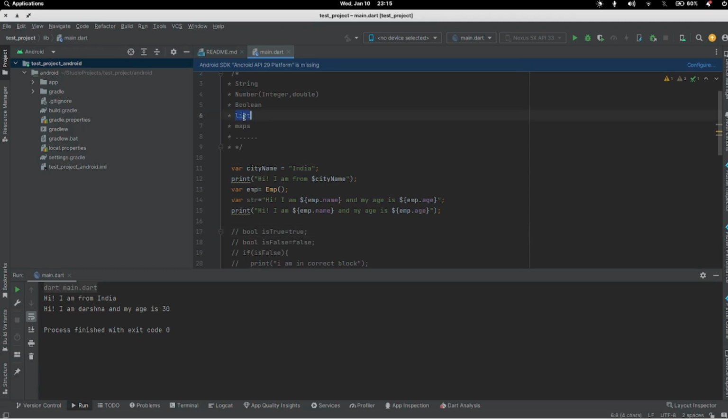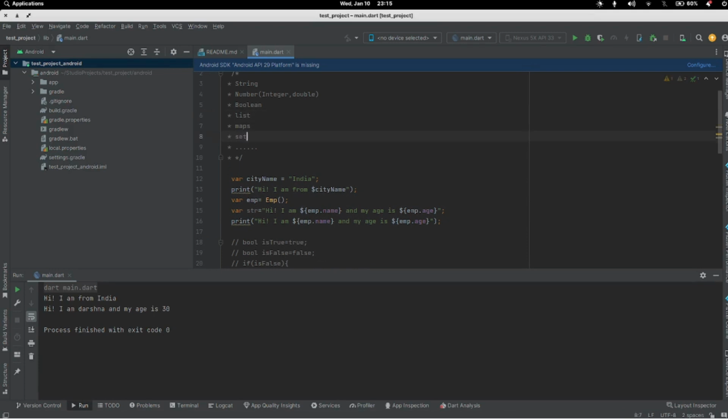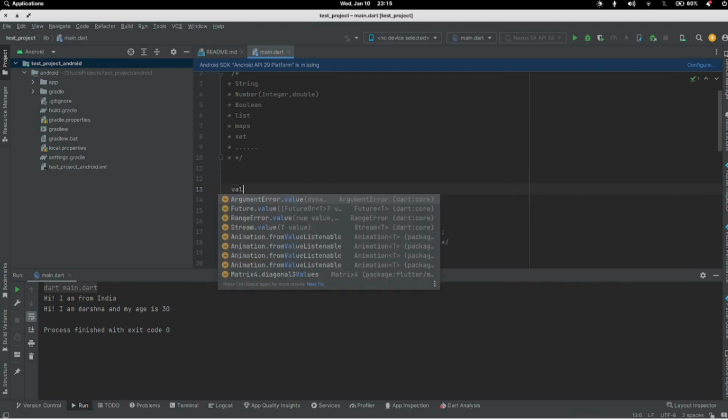Now we have to talk about the list. Basically list, map and set, those all are part of the collection, which we also have in the Dart framework. We can use these easily, and I need to tell you how we can use them in Dart. To declare any list, we can use